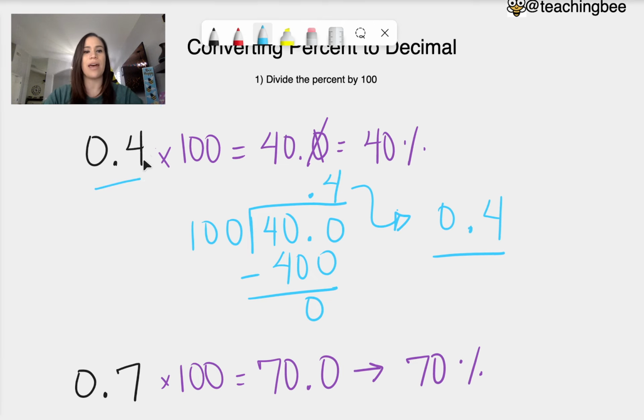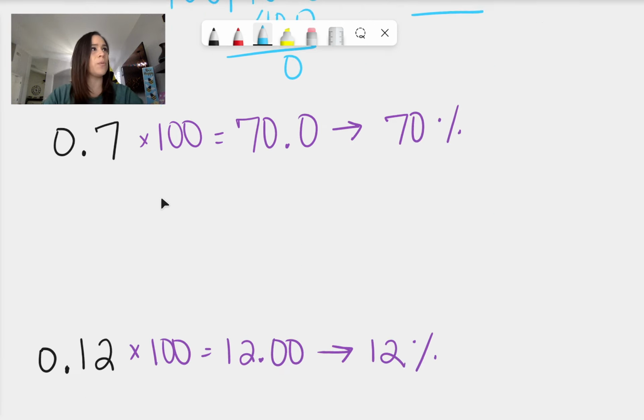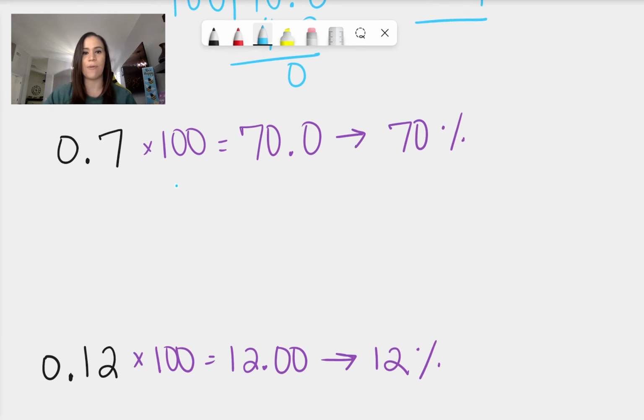All right, let's try another one. So this one we did, it was 0.7 and we made it into a percent, which became 70%. So now we're going to take 70 and we're going to bring it back to a decimal. And how we do that again is we are going to divide 70 divided by 100. So 100 does not go into 70, so we are going to have to add another 0,